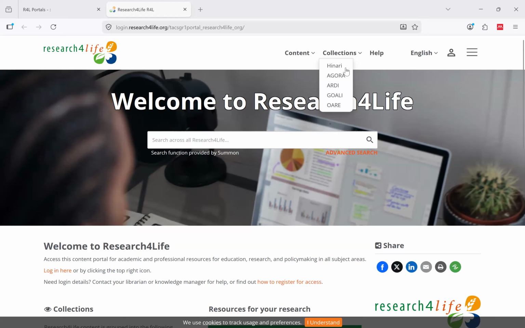In the first presentation, you had different portals with different displays: Hinari for health, Agora for agriculture, Adi for technology, Goli for humanities and law, and Ori for environmental science.